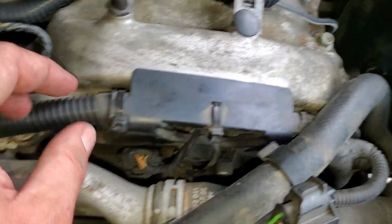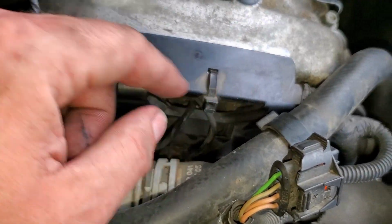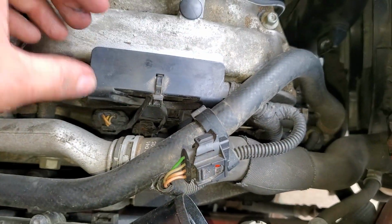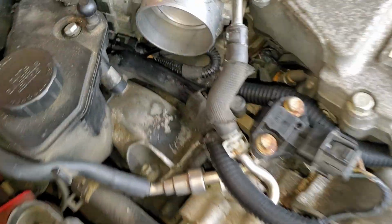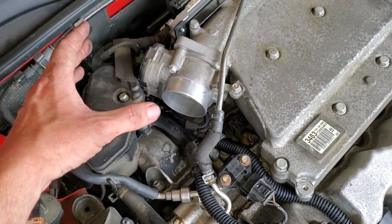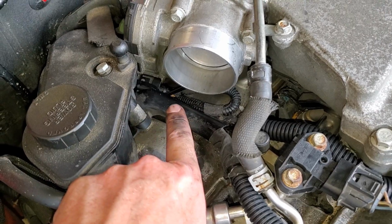This block was actually very simple, this whole line to do, mainly because you can cut the zip tie. This one I cut, this one I left. You see down in here there's a tab, get your screwdriver, pry it, and you can actually pull this up. Makes this nice and loose, and it's very easy to replace that. The hardest part of my repair is, of course, underneath that throttle body. More time consuming because you obviously have to remove the throttle body, and then I had to repair that copper